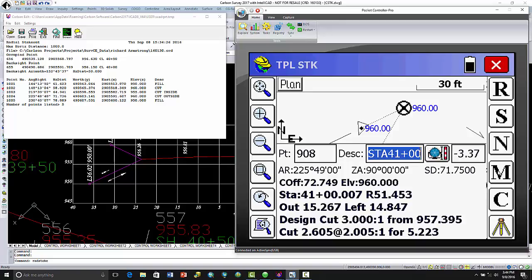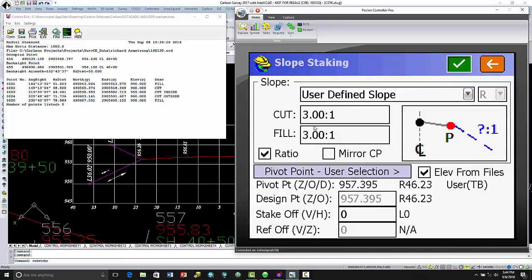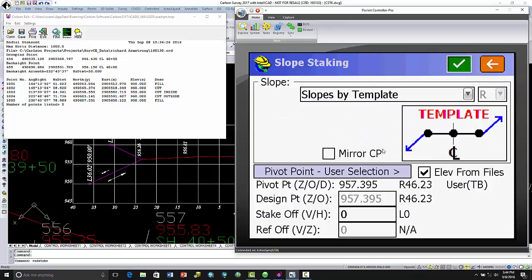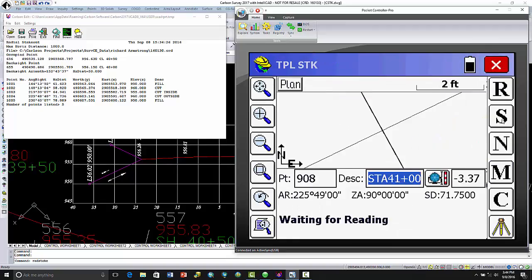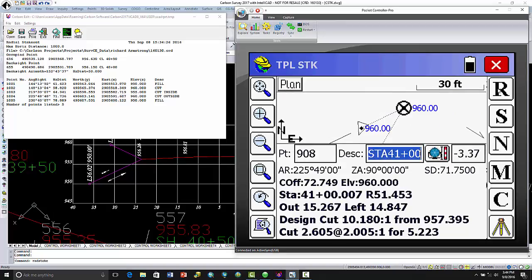So we're going to go back to menu, and we're going to do what? We're going to stay at 4100. We're going to pick slope stake. We're going to do what? We're going to switch to slopes by template. Pick the green button, and we're going to hit read and just put in the same information as before, 49, and enter, enter, 71.75, enter, and